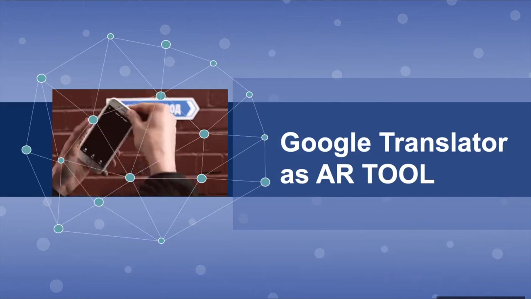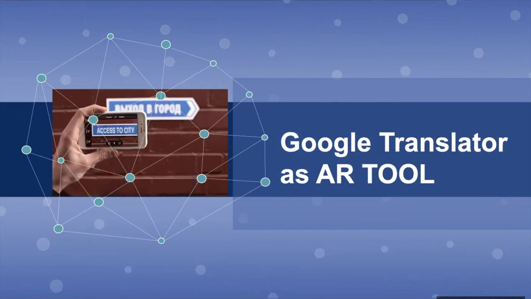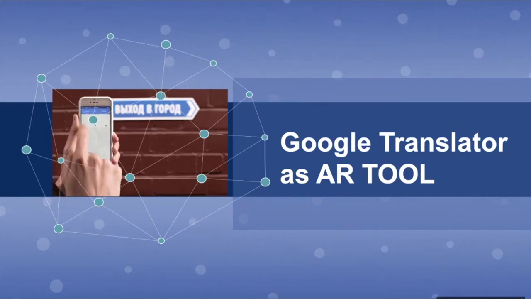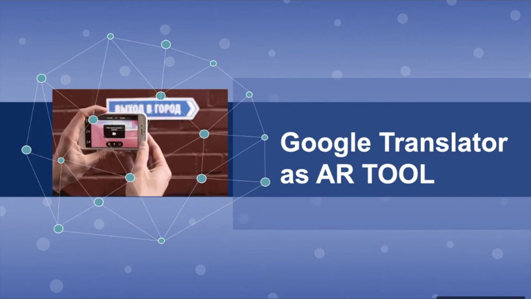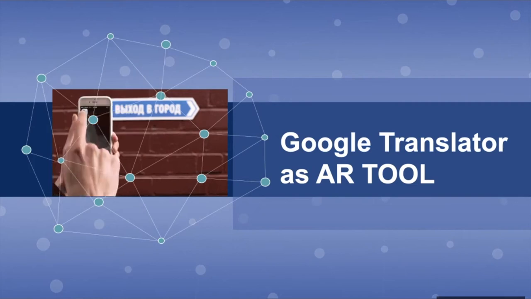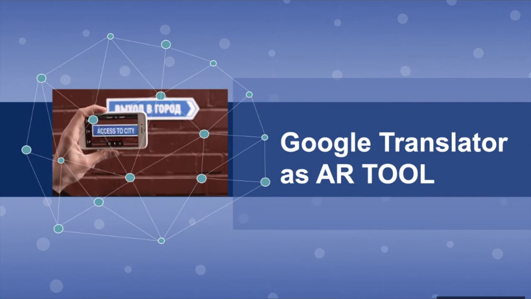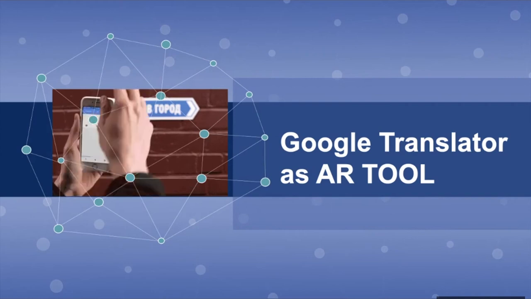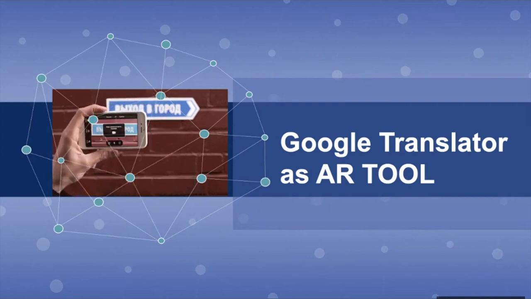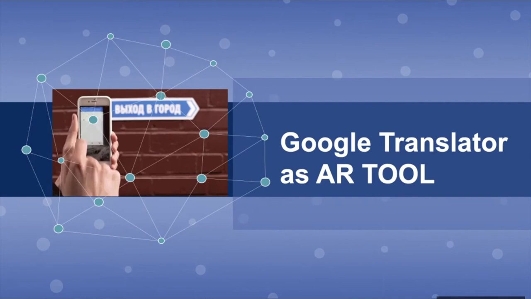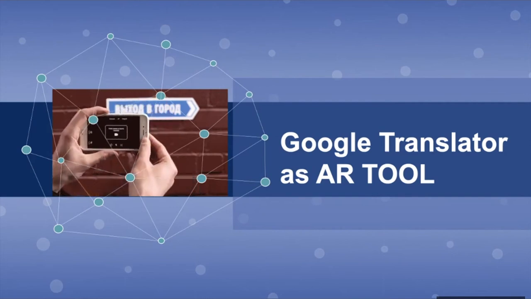Number one is Google Translator as augmented reality. I think everyone knows about Google Translator because we are living in a multicultural environment. Some belong to the Arab countries, some to English-speaking countries, some to Asian countries, and it doesn't mean everyone understands everything from everyone. So Google Translator is one of the best applications which helps us translate and understand what the person is saying. Initially, it was only text-based translation, but later on it came with